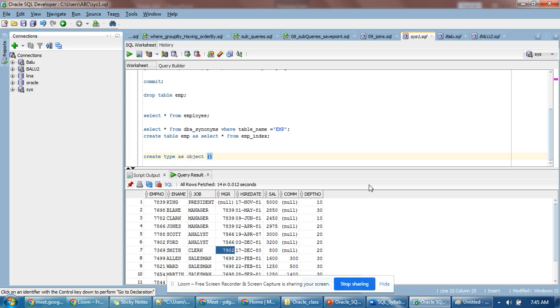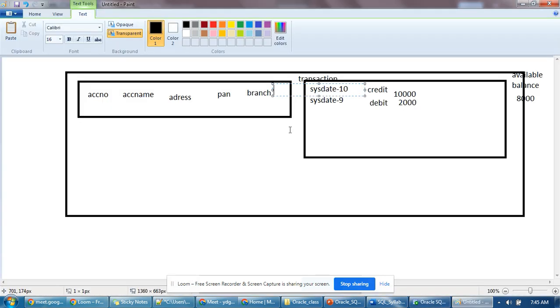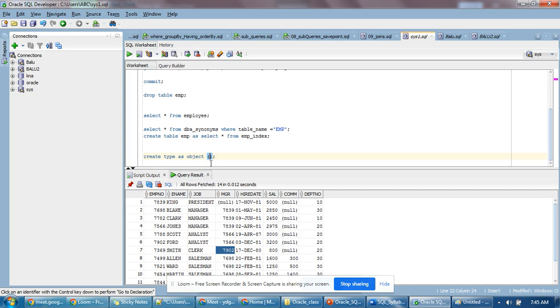That is the record type, that is, the object type. Here you have to define the records. What are all the records here? My example is transaction, right? So I will give the name as transactional details, as object of columns,